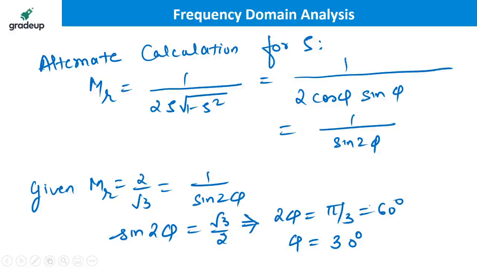But there should be two solutions. How will you get the two solutions actually? Sin theta is equal to root 3 by 2 at 60 degree, and also at 180 minus 60, since in the second quadrant sine is also positive. So it occurs at two angles. That is why two answers have come from the quadratic equation. So 2 phi is 60 and 120, so phi equals 30 or 60.